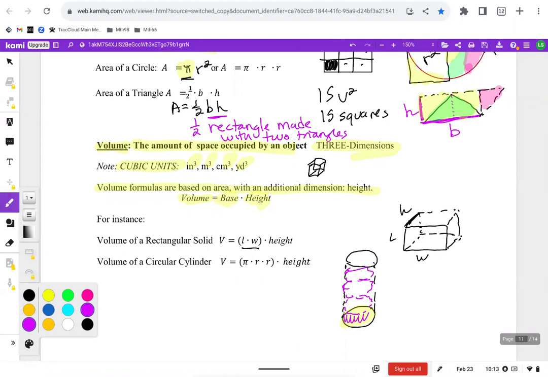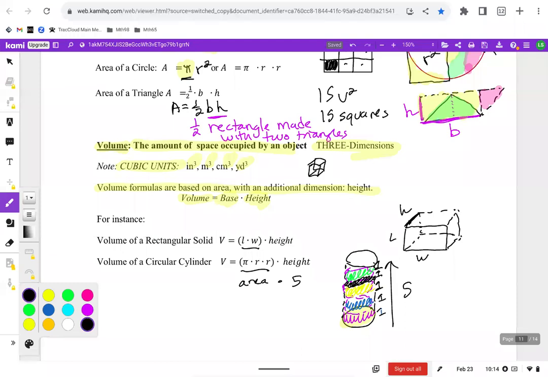So if I've got one circle here, that's 1 unit in height, and then I have another one here, and then I have another one here, and another one here. And this is not a particularly perfect diagram. Maybe there's one in here. So each one of these is 1 unit in height. That would mean that my height was 5. So I'm going to take the area of the base and multiply it by 5, and I will have the